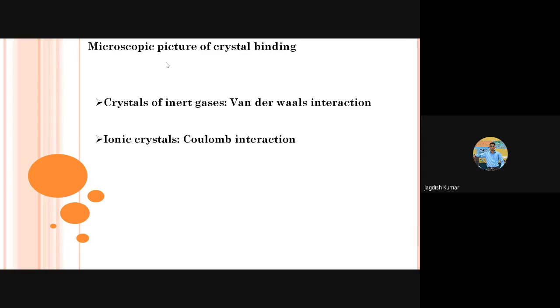So that's also not the case. Another situation may be metallic crystals, where we have a lot of free electrons. For example, in sodium metal, when many sodium atoms come together, they would like to get rid of their valence electron, and they leave it freely to roam around in the metal. So that kind of electron can also act like a binding force or binding glue. But that is also not the case for inert gas crystals.